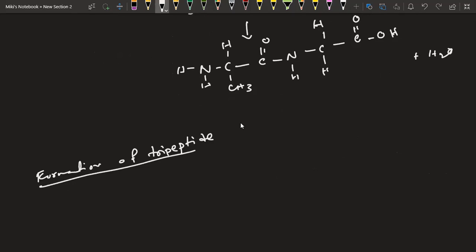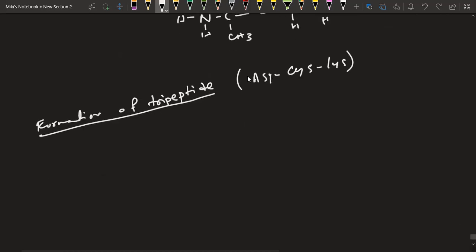Let's say we are taking the combination of aspartic acid, then we have cysteine, and we have lysine. So these are the combination. In this manner, we will be forming the reaction. So let's say the monomers or the initial components are